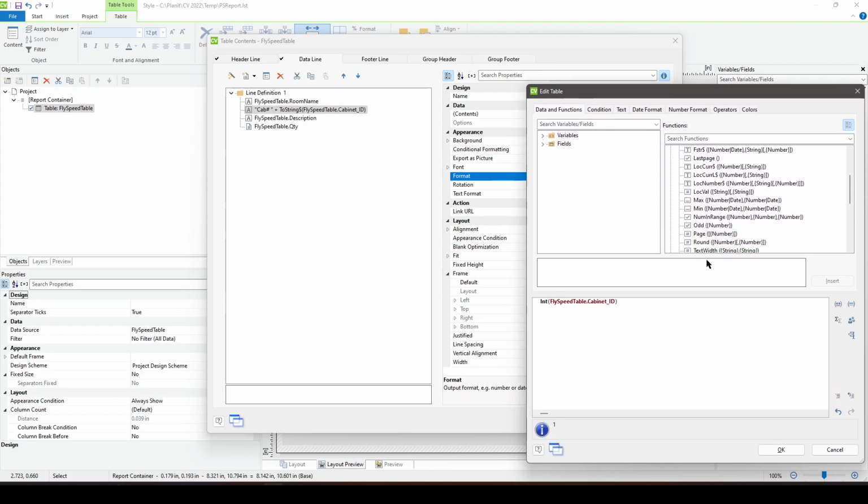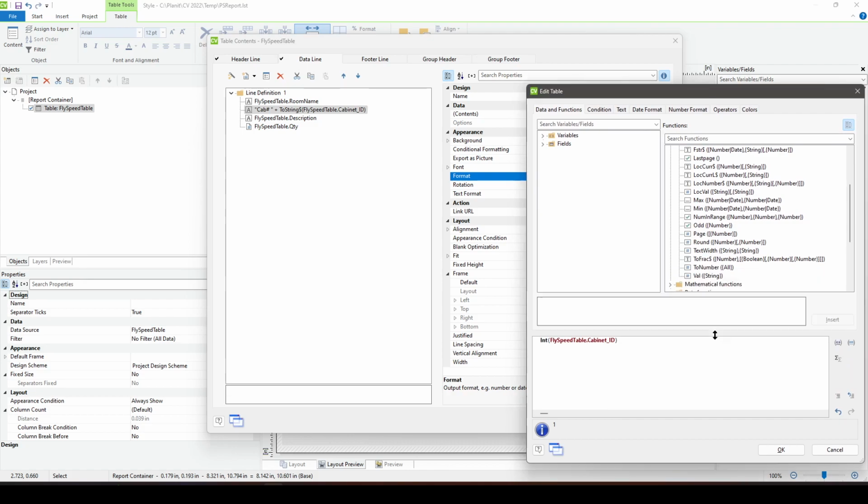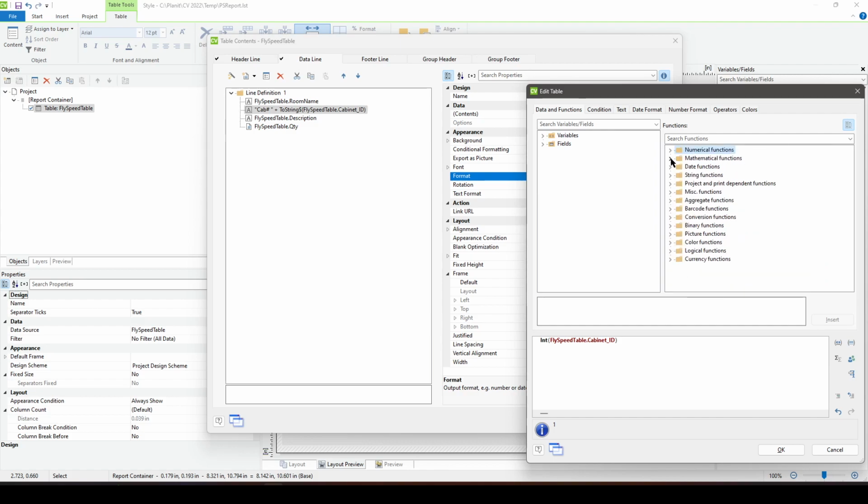There's a lot of functions, and I'm not going to go through them for a lot of reasons, but I think that's not even a numeric one. Yeah, it's a mathematical function for integer, right? This is a huge list of these different functions, but you should familiarize yourself with it if you're trying to produce advanced reports. It's very, very helpful. So anyway, I want this to say cab number 1,